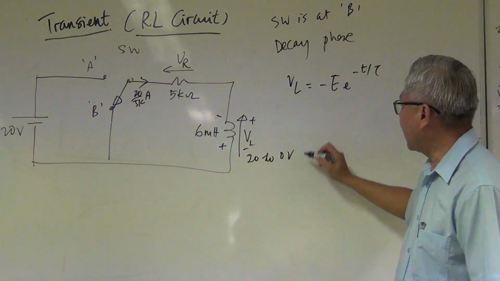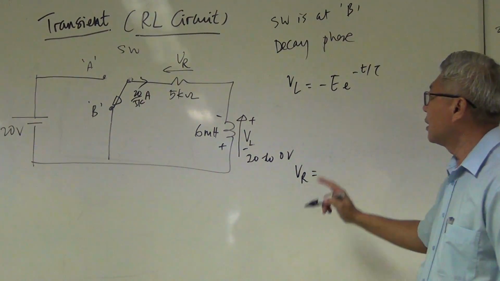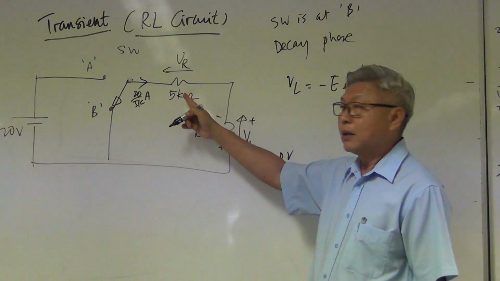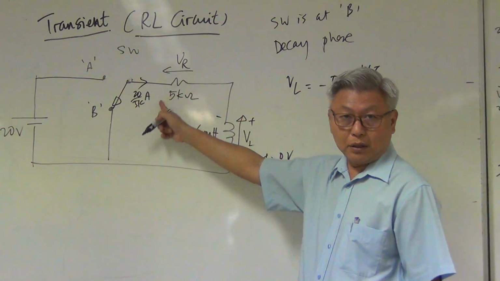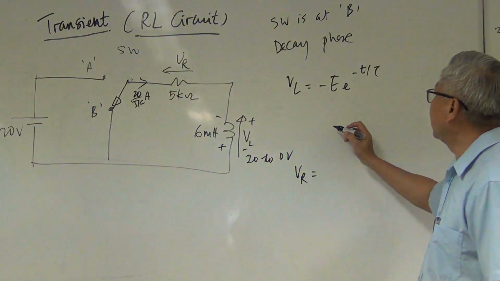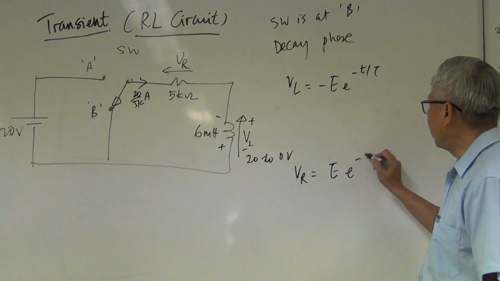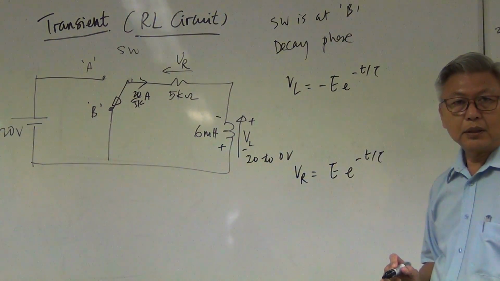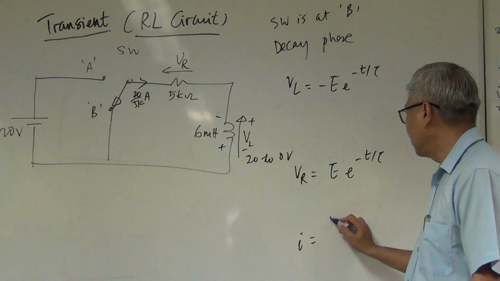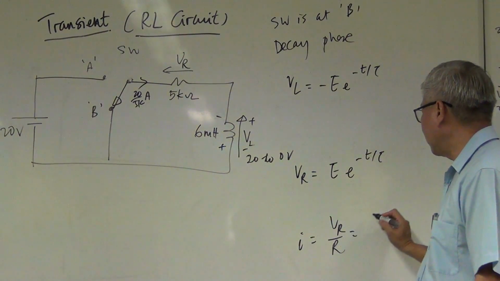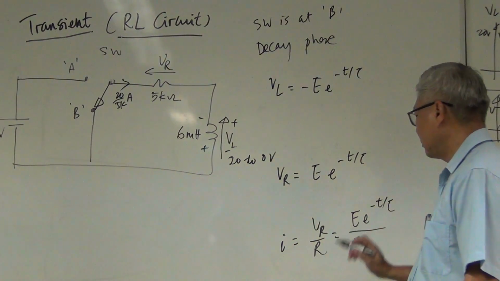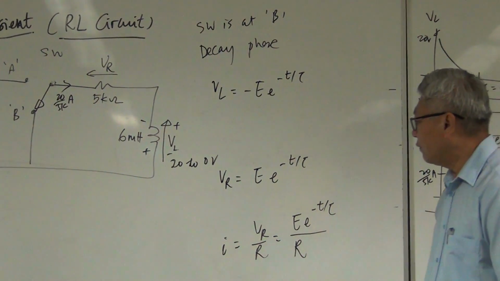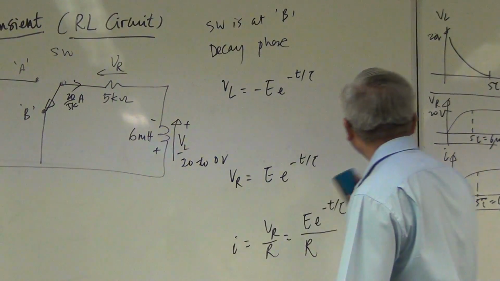Okay, so that's VL. How about VR? VR is the same. Here's 20, here's 20. There's one voltage, one resistor. So VR is equal to 20 e^(-t/time constant). Current is VR over R, so it's also decreasing. Right? So if I were to draw the graph,